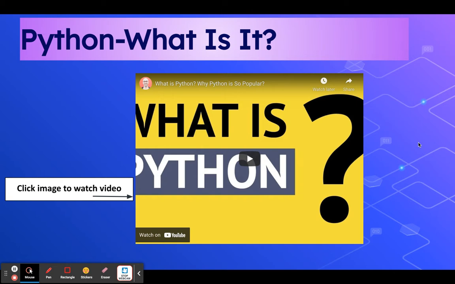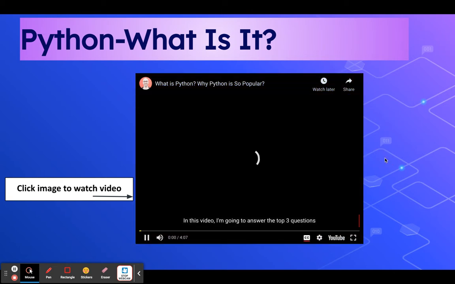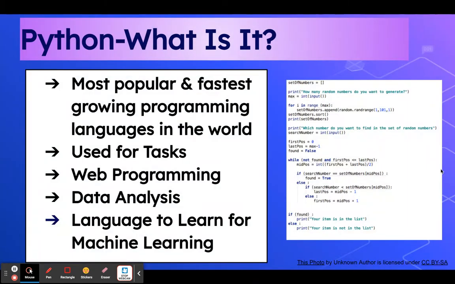So why is Python so popular? You can click here to watch it, or the activities list has the same link there. So on the right-hand side, this is an example of Python. Really, really very simple. This is one whole set of instructions, and it ends with print, and we're done. This is one whole project that has an output that can go and sort through thousands and thousands and thousands of data. So it is the most popular, and it is the fastest growing program language in the world.